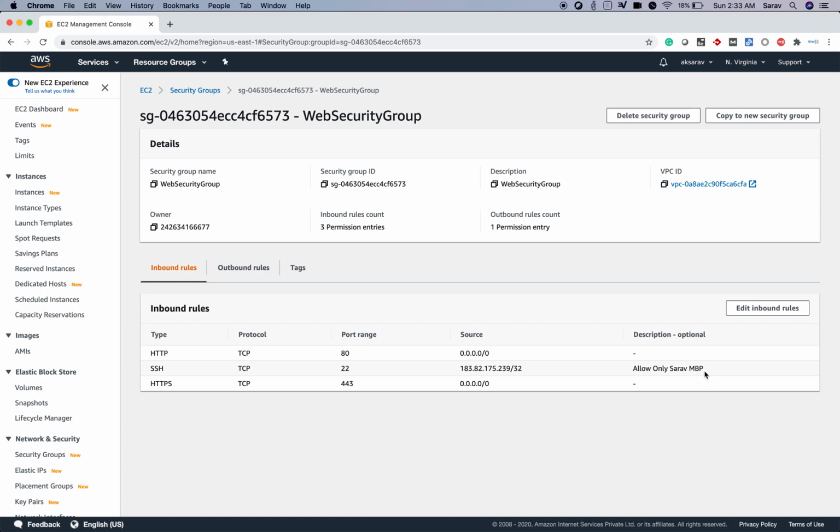So now we have eliminated the necessity to log into your AWS management console all the time to make any changes on inbound or outbound rules. You don't have to do this. Now all of your security groups are managed by Terraform.